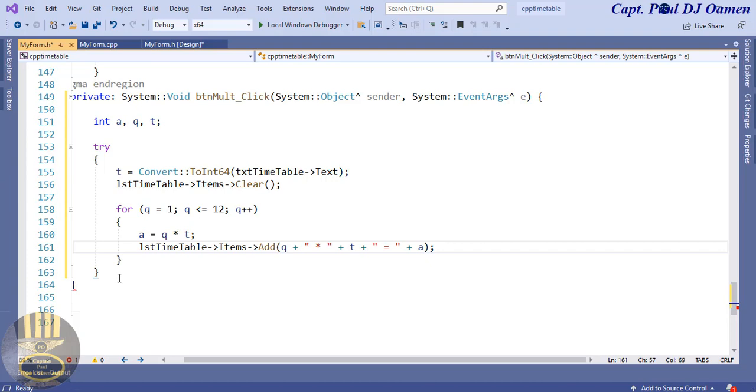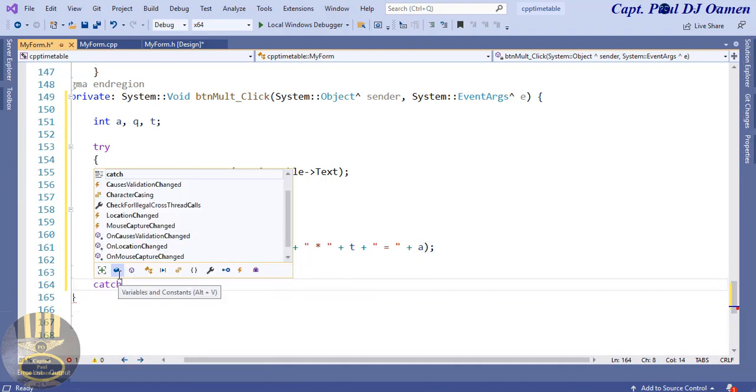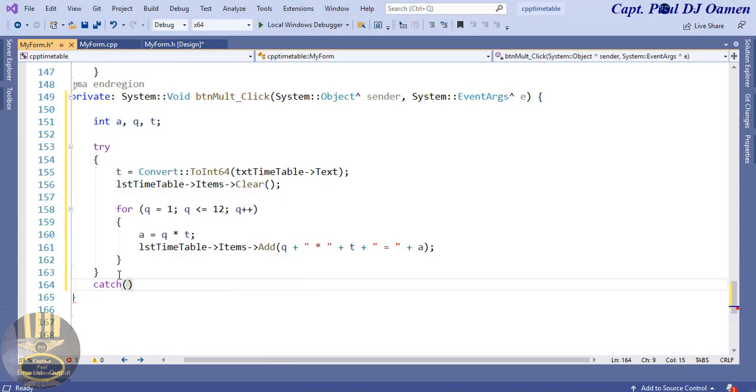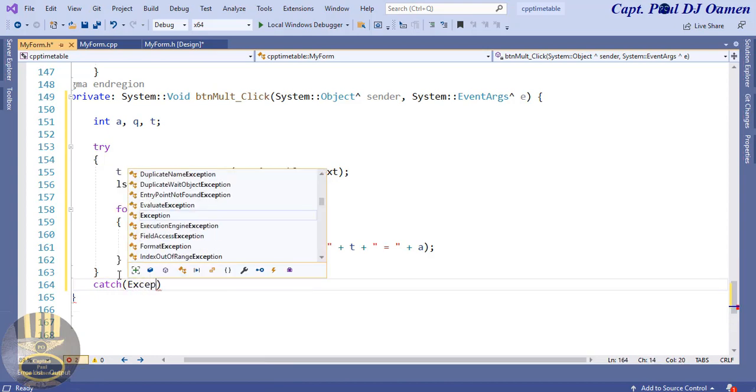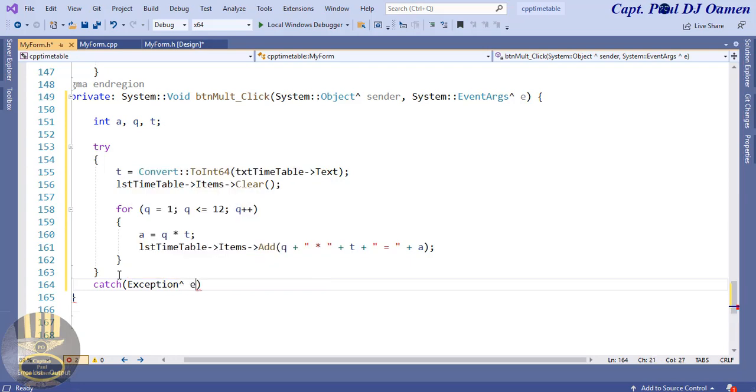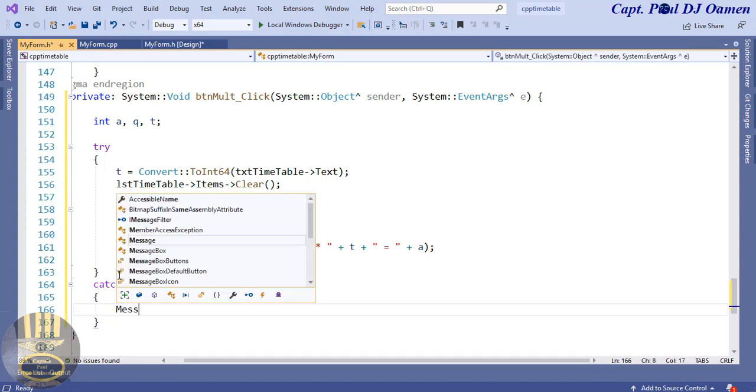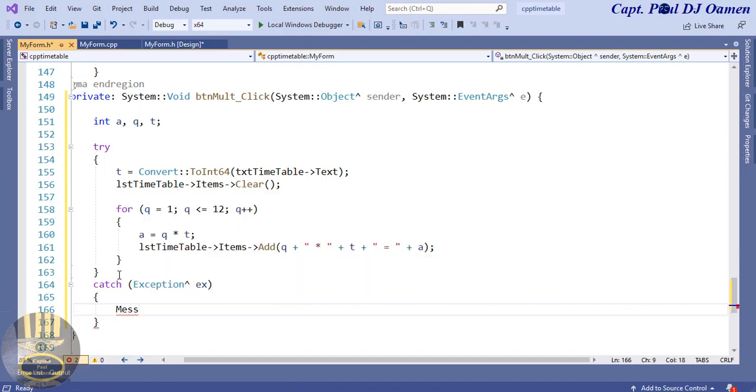So all I then need to do here is to use catch, and that would be exception ex. So now let's display a message. So let's say message box, do that again. Might as well type it out. Message box, that would be column,